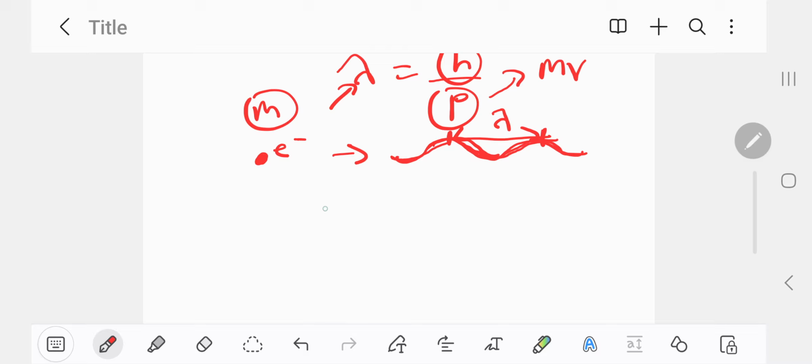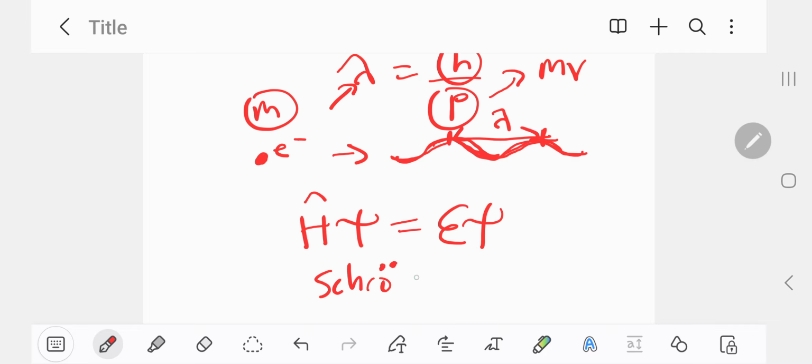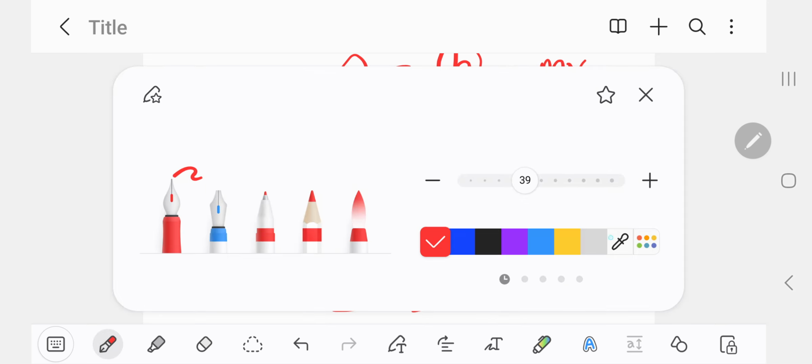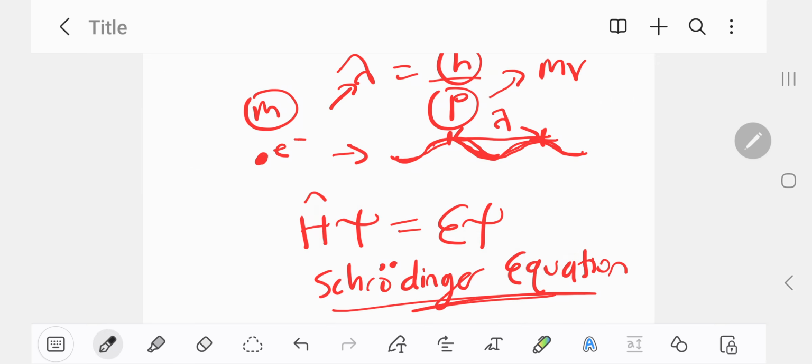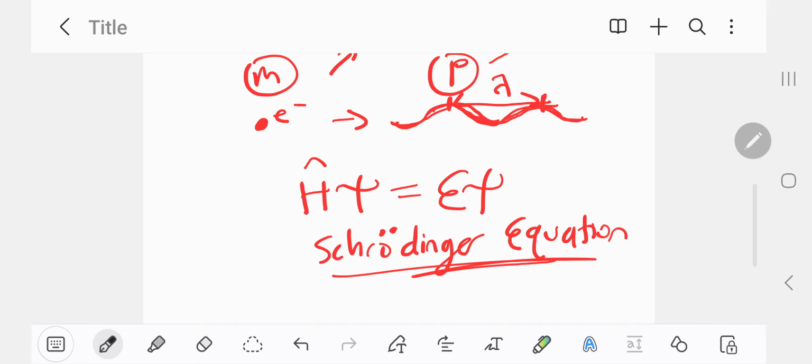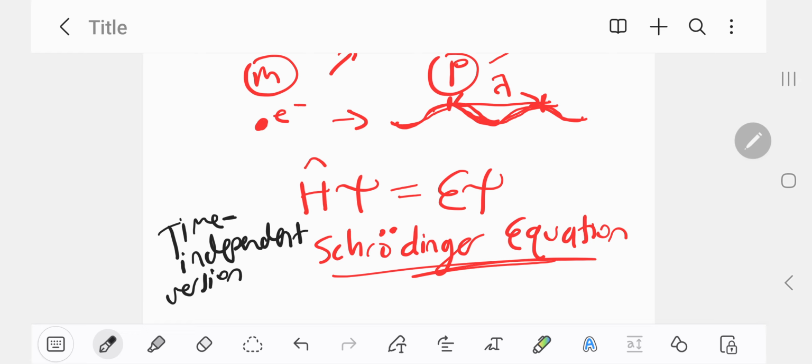I'm going to write a simple expression here. You don't need to know this for the HSC. I'm just going to show you. This is uni-level stuff. This is the Schrödinger equation. You can learn this if you want, if you have a good memory, but there's no need to for the HSC. This is called the time-independent version. There are different versions of his equation. Time-independent means there's no time in this expression, and this applies to bound systems like atoms, stable systems that aren't really changing, that aren't moving.